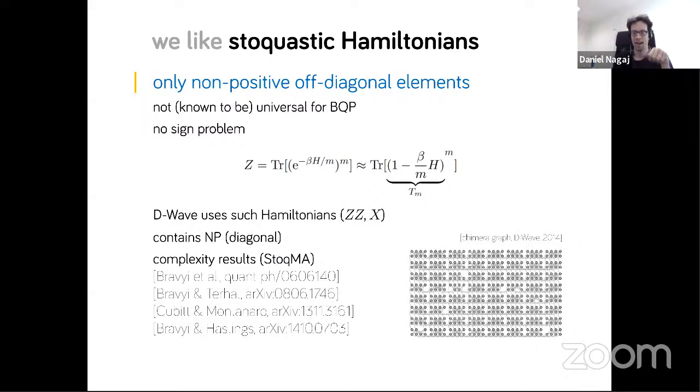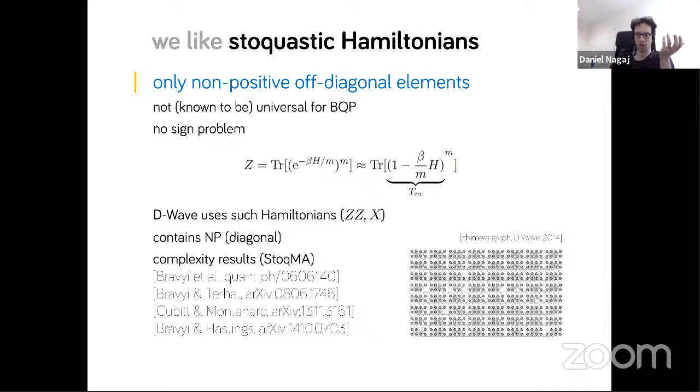First, they are ones that actually get applied in quantum computers, like what D-Wave has in their superconducting annealing quantum computer. This contains all of classical Hamiltonians, so it already contains the class of problems you face when finding ground states in optimization. And there are interesting complexity results about how this class of Hamiltonians seems to be harder than classical Hamiltonians, even though they have only non-positive off-diagonal elements.